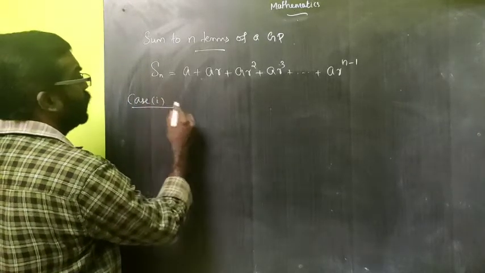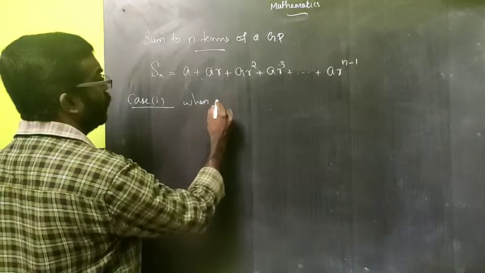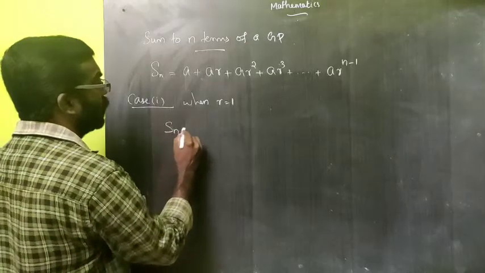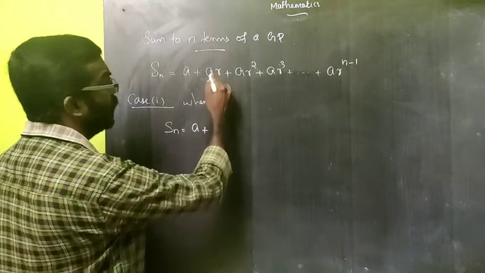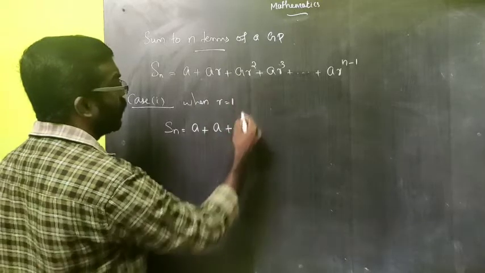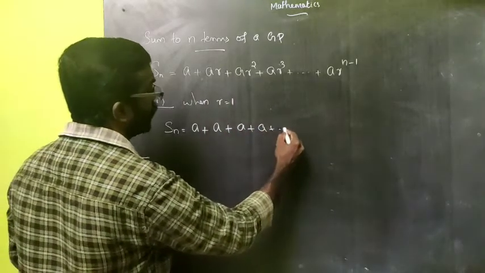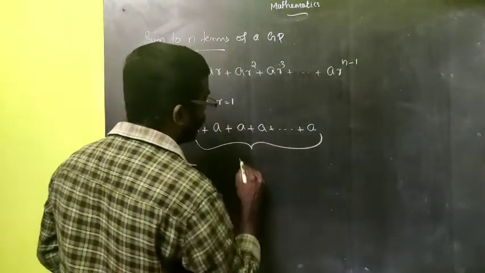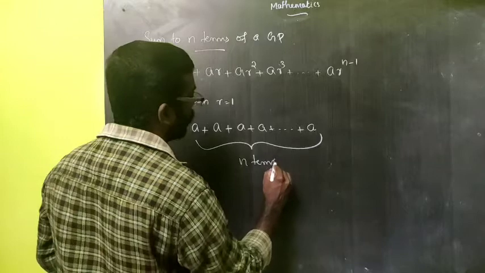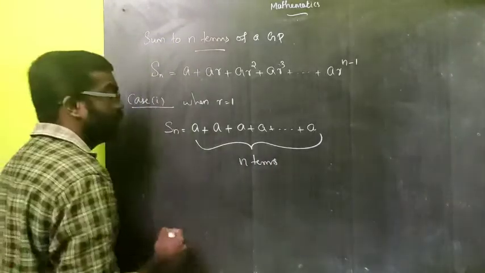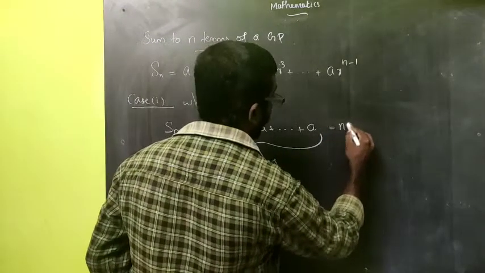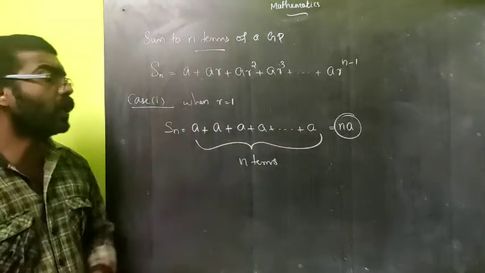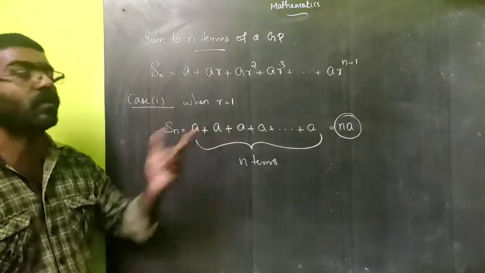Okay. And we can consider this as two different situations. Case 1 is when r is equal to 1. And when r is equal to 1, what happened? Sn is equal to a plus a into 1, again a into 1 square, a, then plus a plus etc. plus a. That means here we have n terms or n times a. So this will be equal to n into a. So this is the first one. When r equals 1, we have the formula Sn is equal to what?